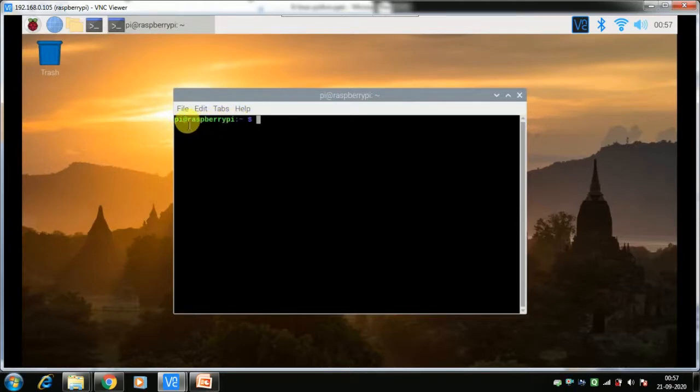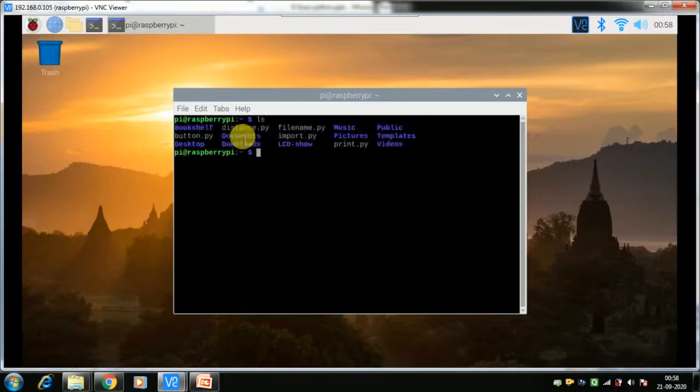Raspberry Pi is the host name, so our board name is Raspberry Pi, and this tilde symbol is for our home directory, which is home/pi. So we are currently at home/pi, which will always be shown as a tilde sign. Any user who is not Pi but, say, user X will be in home/x. After the dollar sign we type whatever we want. To list the folders in this directory, we can say ls.